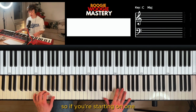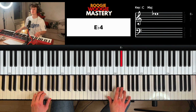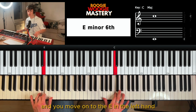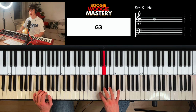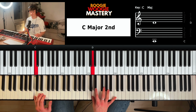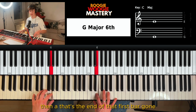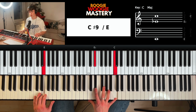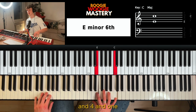So if you're starting on 1, with the E flat, 1, and then the next key was that E, and so the left hand goes onto the second C, then you move on to the E in the left hand, on the C in the right hand, back to the C on the left hand, switch up, F, D, and then A. That's the end of that first bar. 1 and 2 and 3 and 4 and